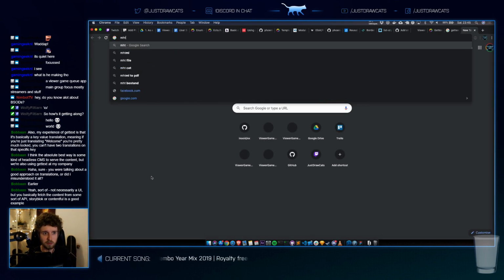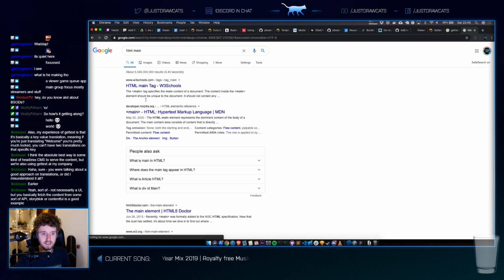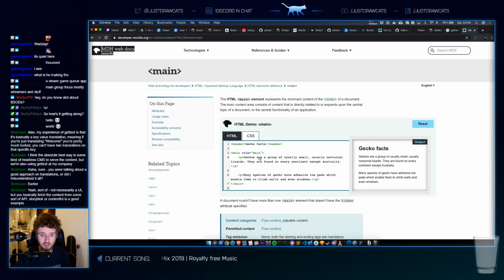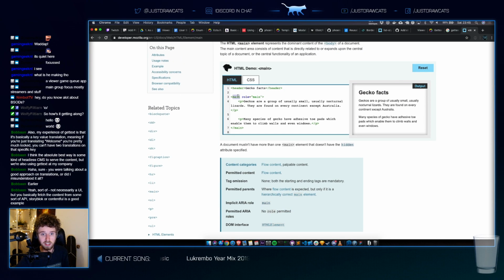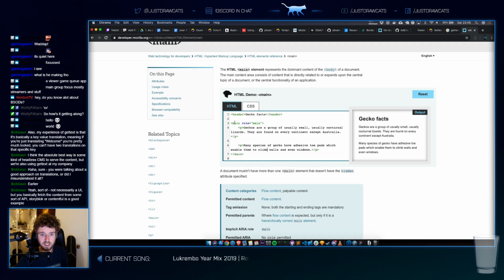If you look at the HTML main tag, for those of you that don't know, the implicit ARIA role is already main. You don't have to set it. Here it actually says no role permitted. You cannot change the role of a main tag. Oh, but here in the example it does. What?